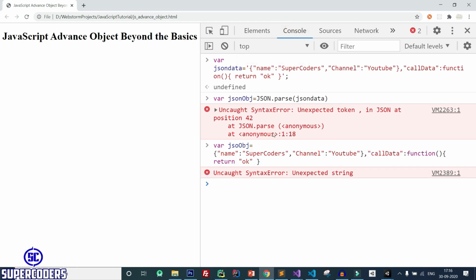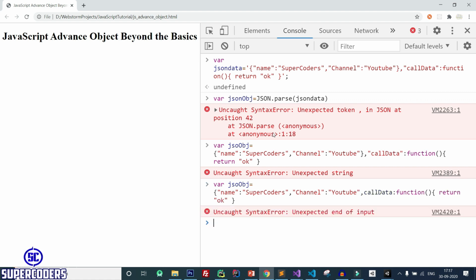So instead of this, let's convert it, remove it and remove it, and also remove this, click enter, close it.